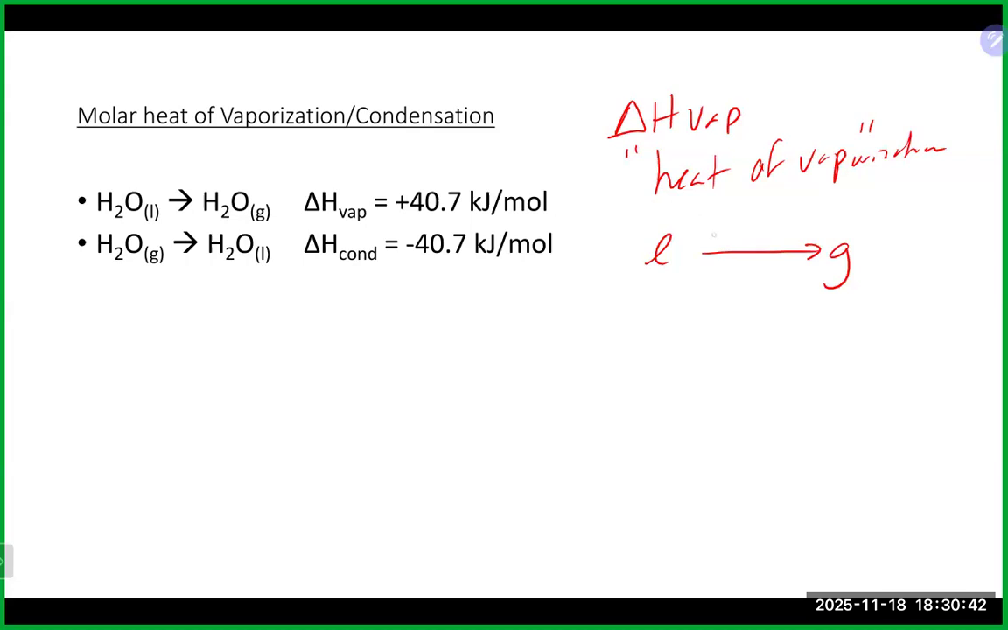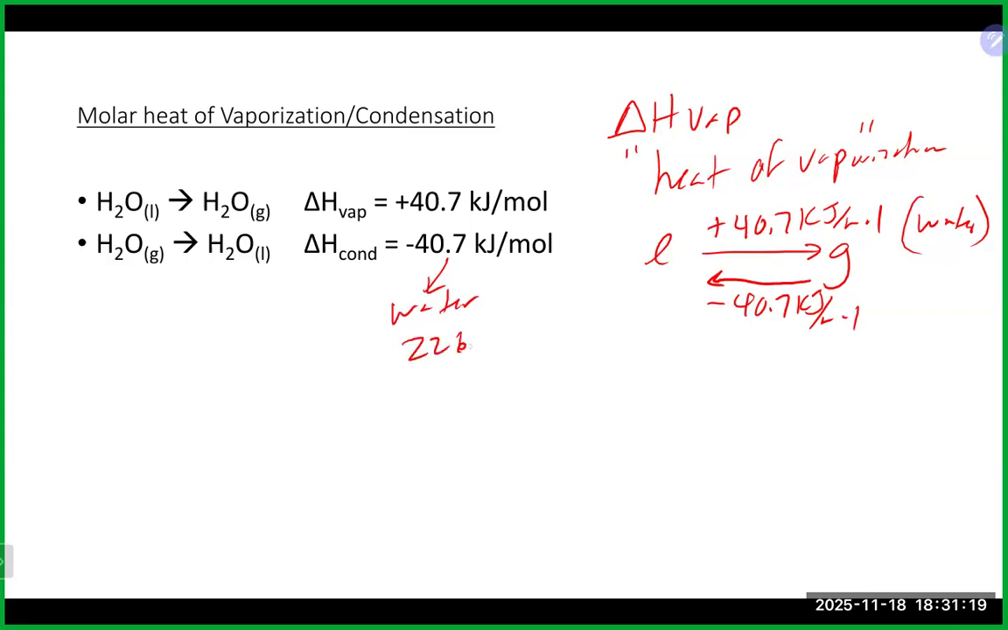And when we talk about energy, that is a positive value for endothermic, and it would be 40.7 kilojoules per mole. If I wanted to go from gas back to liquid for water, again, this is specific for water, it would be negative 40.7 kilojoules per mole. Negative energy values mean exothermic and energy is being released. It takes the same amount of energy no matter which way you're going. The only difference is the sign, whether it's endothermic or exothermic. That translates for water